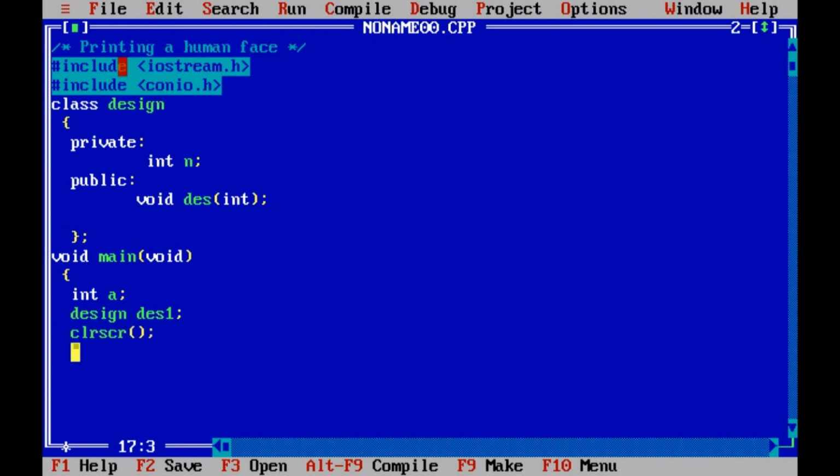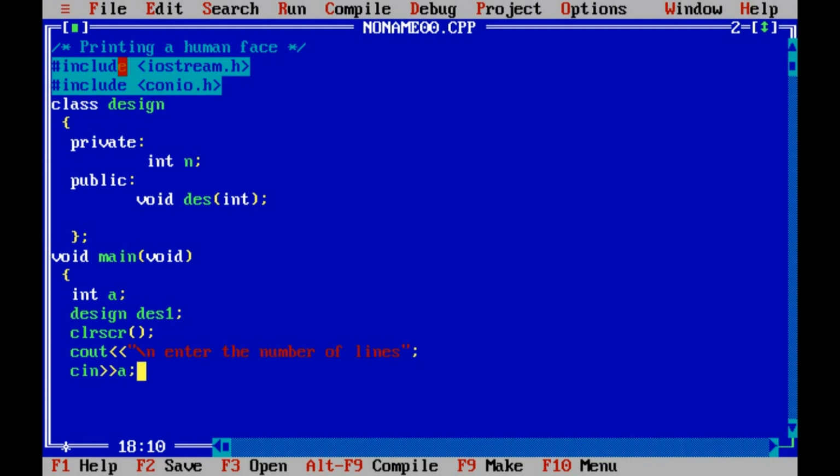Now this is the basic line to clear the screen whenever we write a new program. Whenever the program is run once again, it will clear the screen, and print cout \n, enter the number of lines. This basically means how many lines our human face should be.